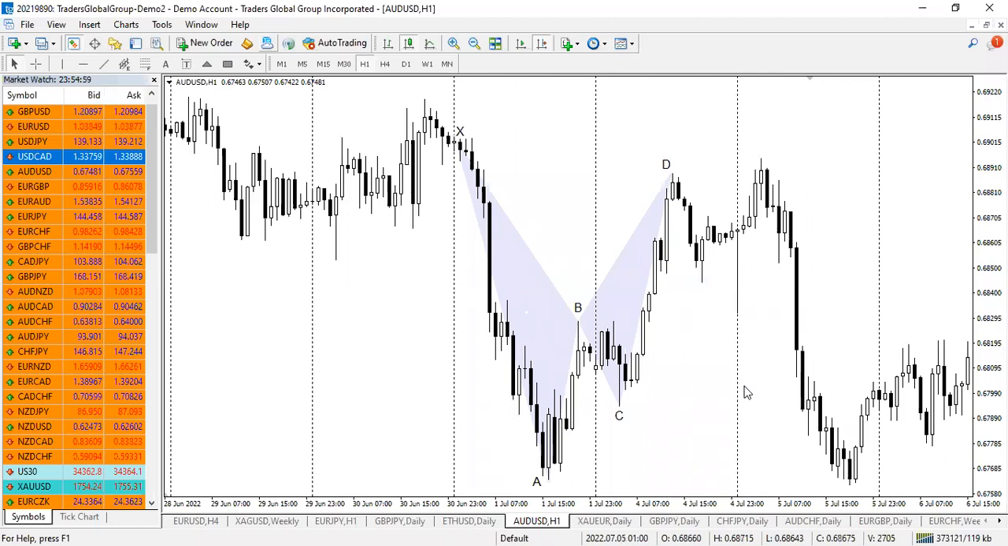So right now, we have gotten X to A to give us D at 88.6, projecting a bat. But let's check and confirm if it's truly a bat. If it's truly a bat, we will now check B to C. If we check B to C, will it give us 161 to 261.8? So when we check B to C,